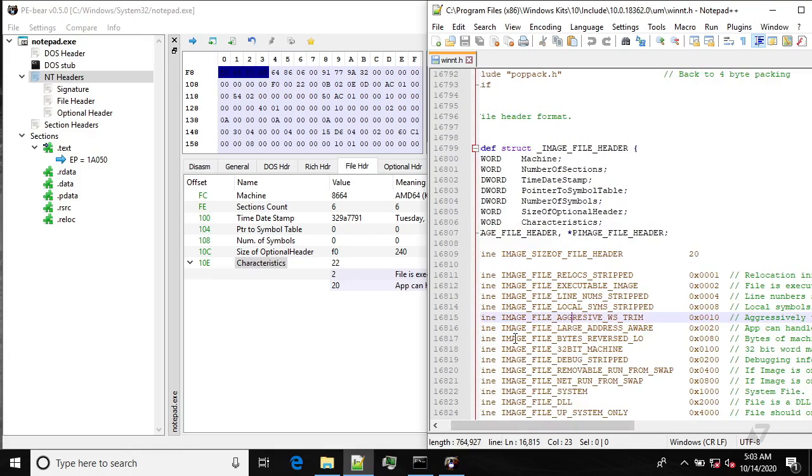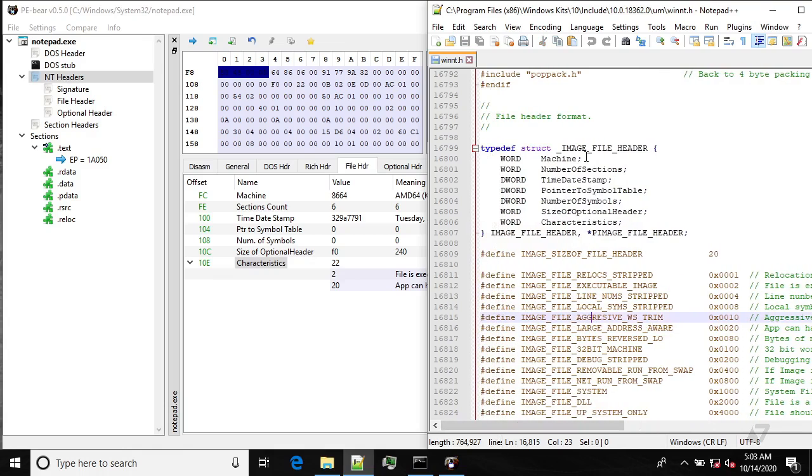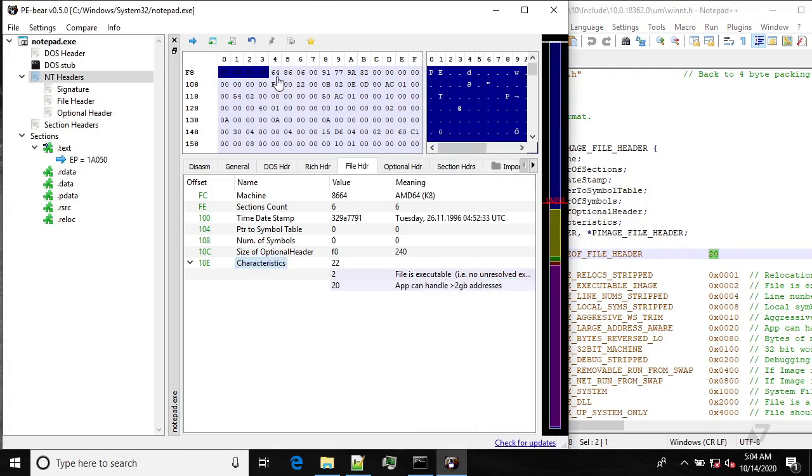So yep, that's our image file header. Not very interesting, and it is followed by the optional header. Just keep in mind that the size of this structure is 20. Okay, 20 is like 2 plus 2 plus 4 plus 4 plus 4. It's 4, 16, 18, 20. So it's accurate, and the signature also has